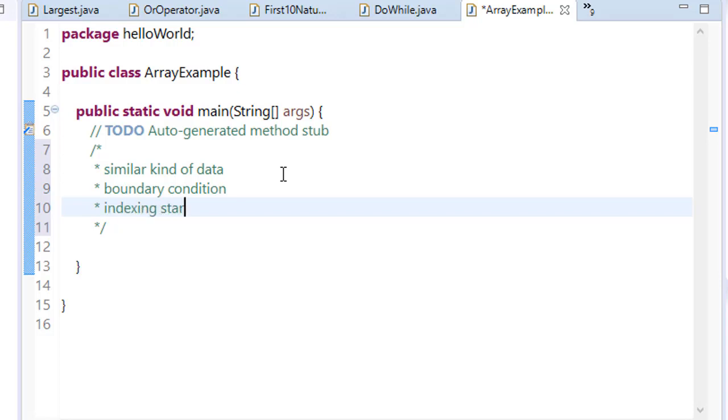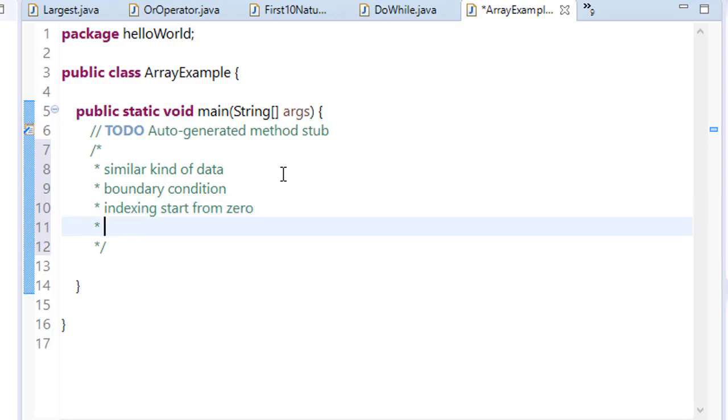Indexing starts from 0. Indexing is just like numbering, and it has continuous memory allocation. To explain this, consider an array. An array is a storage of the same data type.